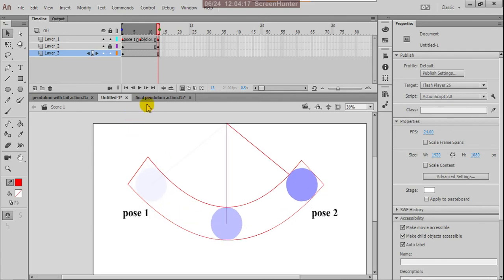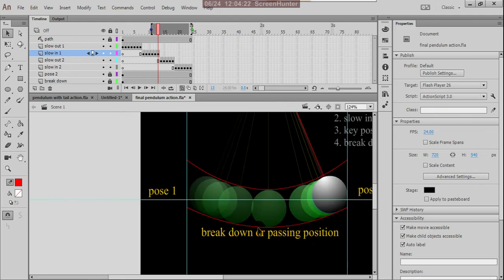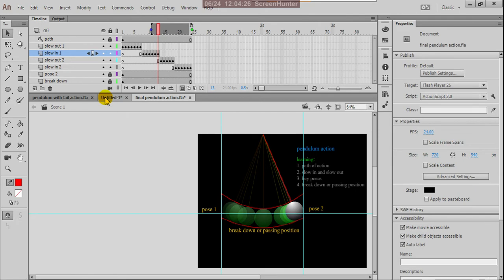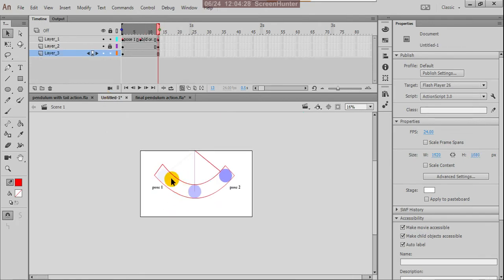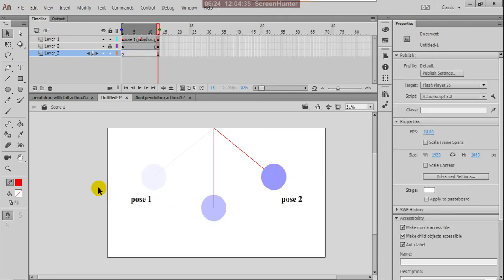But this path is not good actually. I'll create a... yes. Yeah, I'll give lines because